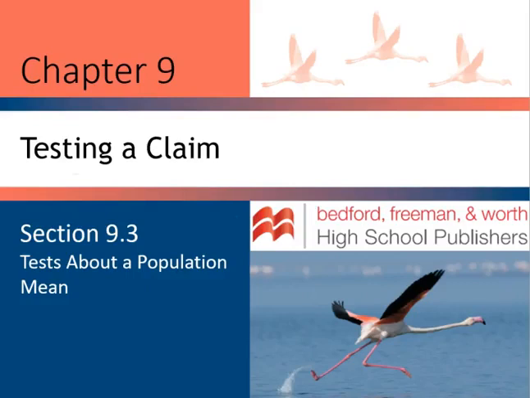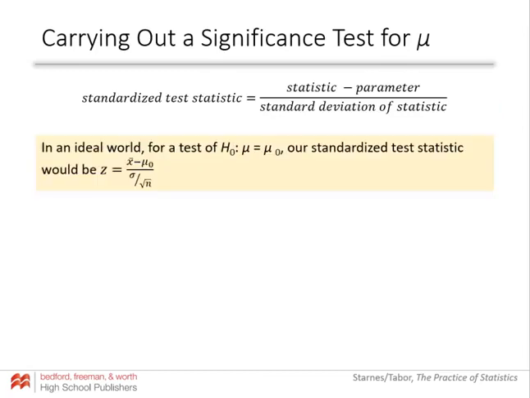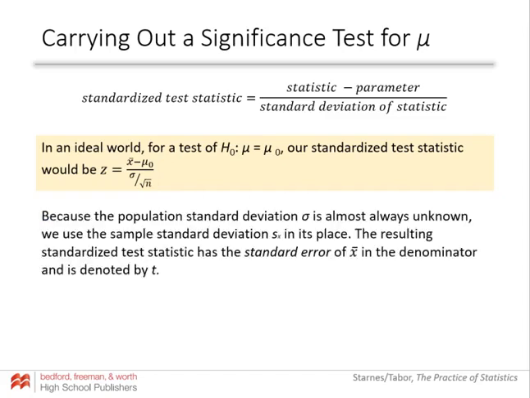Section 9.3, this time we're going to do significance tests with a population mean. In 9.2 we did parameter, this time we're going to look at the mean, okay? So similar to what we did in chapter 8 when we were doing confidence intervals, when we try to use the z statistic for the mean, the problem is we need to know the population standard deviation, which we almost never do. And so if we're going to use sample standard deviation, then that means we need to switch to